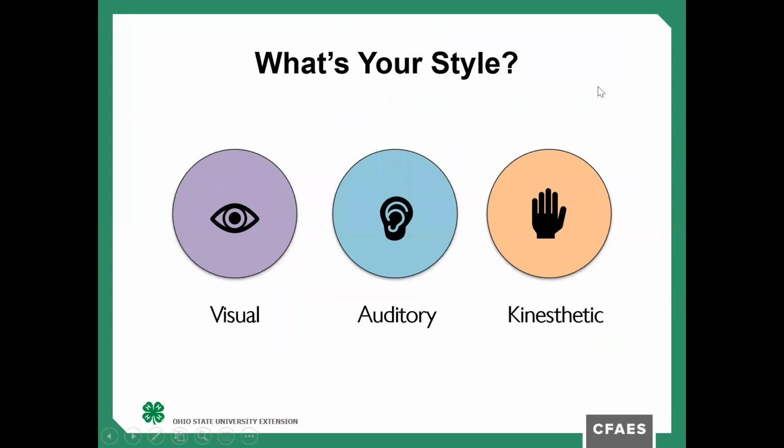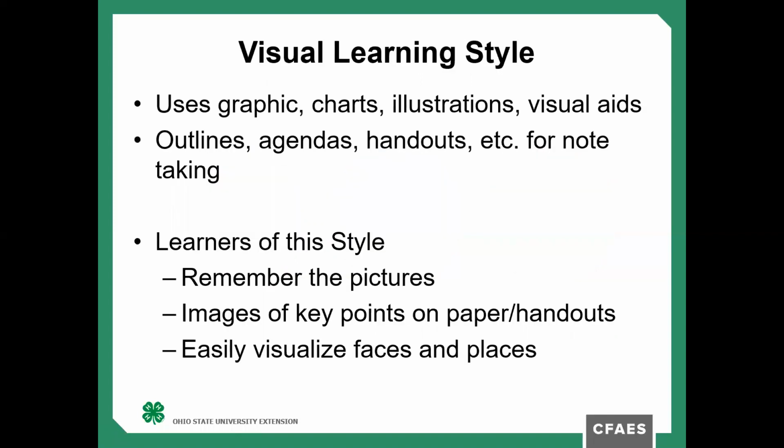So, how'd you do? Let's talk about what your style may be. If you answered mostly A, you are considered a visual learner. If you answered mostly B, you are an auditory learner. And if you answered mostly C, you are a kinesthetic learner. So we're going to dive into a little bit more about what the different learning styles are and what your